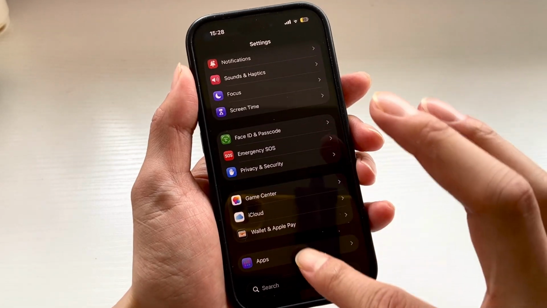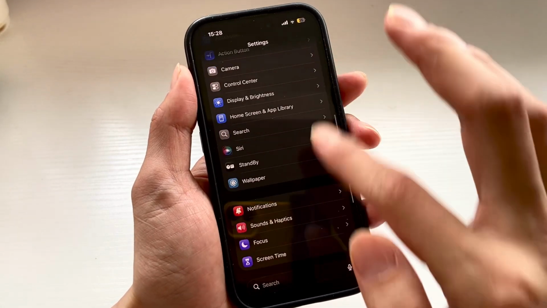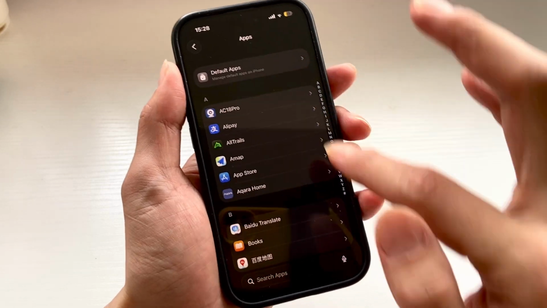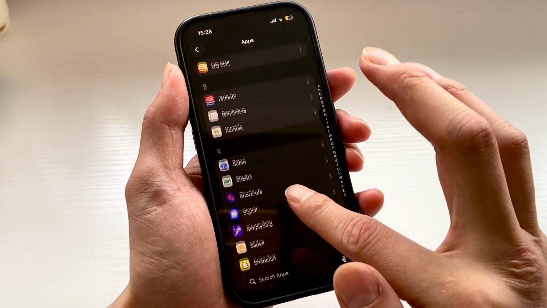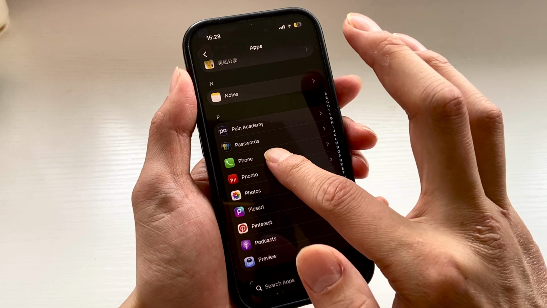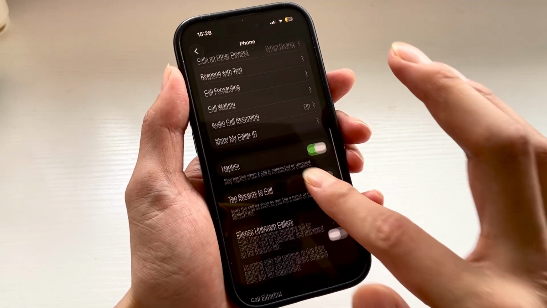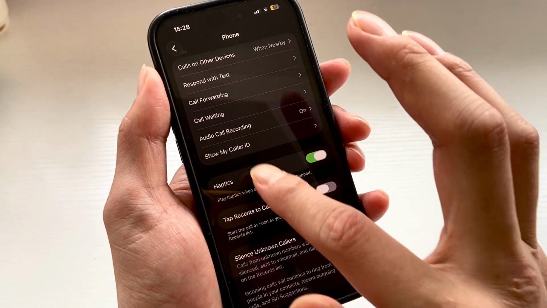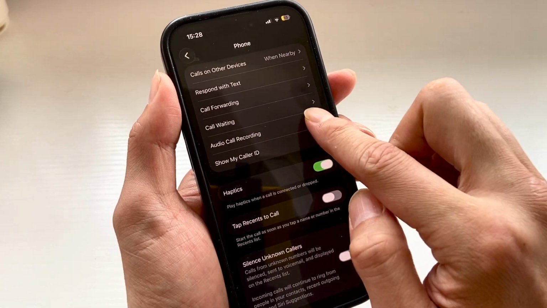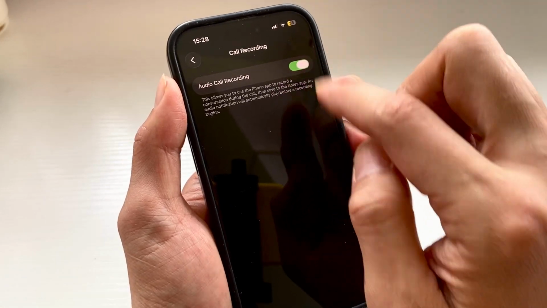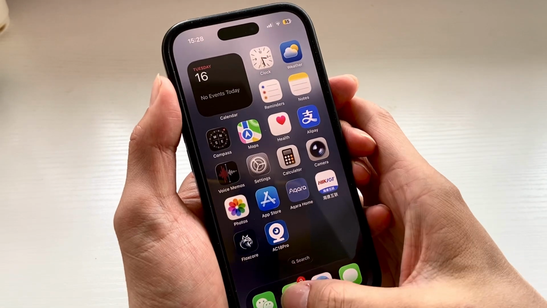So we're going to go to apps from the top. We basically want to go to phone, which is under P right there. Then we're going to scroll down and make sure that this setting is on, audio call recording. Once you turn on this toggle, then now when you call, for example,